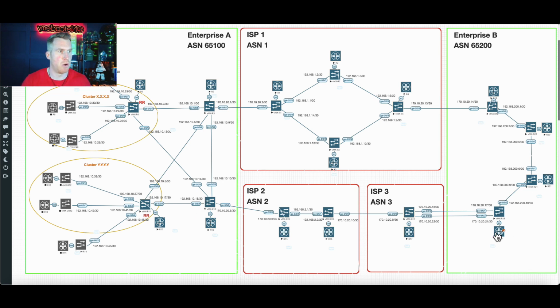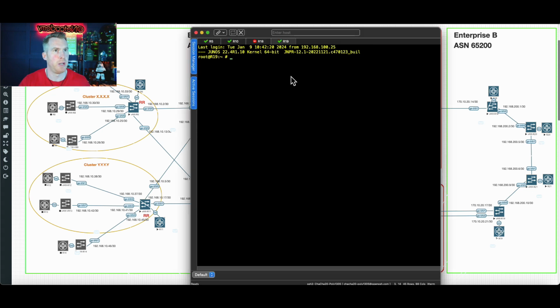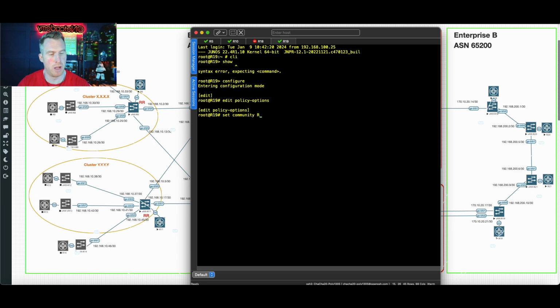So let's actually go on to R19, and I'll just bring up my SecureCRT. So here we are on R19, and note R19 is the router down here, and I'll just go into the command line interface. I'm going to do it a bit quicker this time. Let's go into configure mode, edit policy-options, and now I need to say set community. We need to give the name, so I'm going to call it